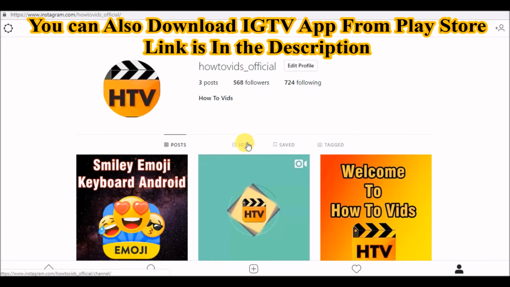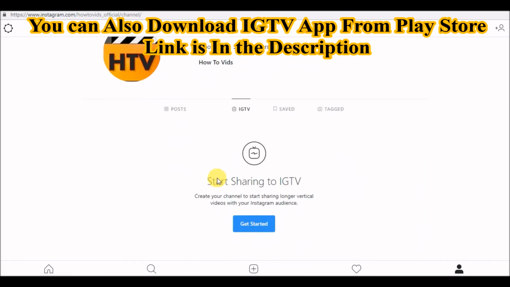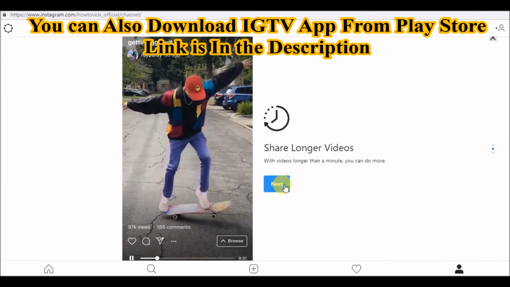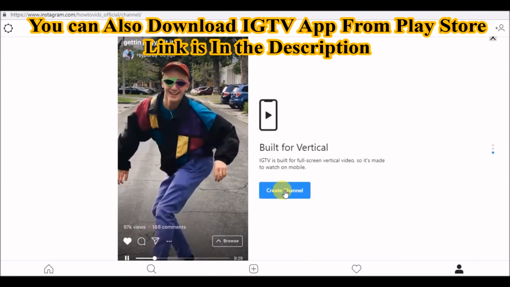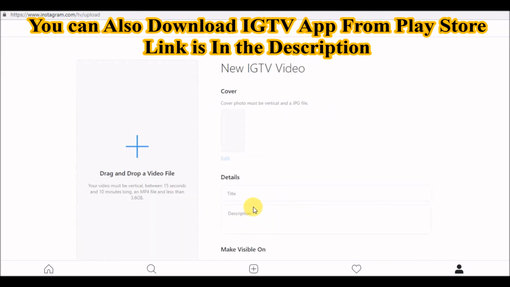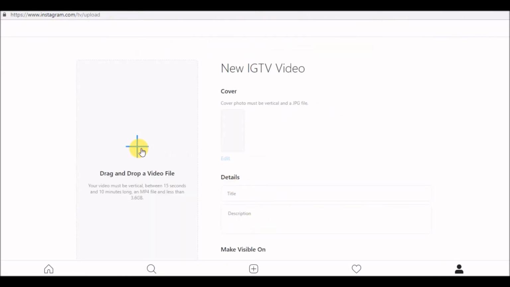Open Instagram and here you will see the IGTV icon. Start sharing to IGTV. Get started. Create your channel. Create channel. Upload videos. Videos must be vertical and between 15 seconds and 10 minutes. Drag and drop the video file.